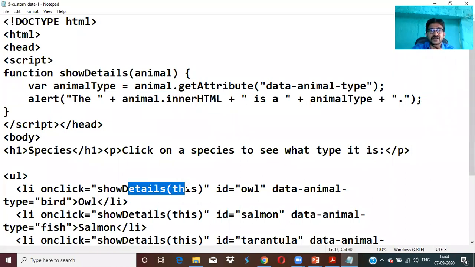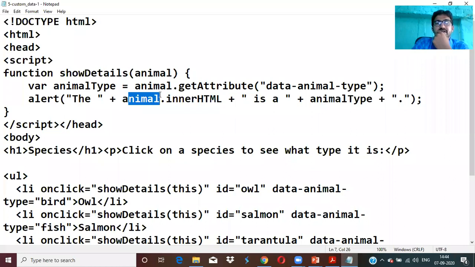This is referred to itself. So animal type equals animal dot get attribute of data-animal-type. Now it will alert, taking the inputs from inner HTML and displaying whichever you have clicked, oval or Salman or Tarantula. It shows so-and-so is a so-and-so.